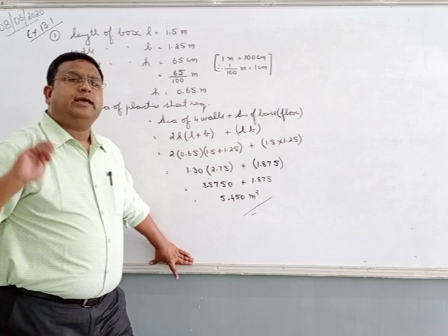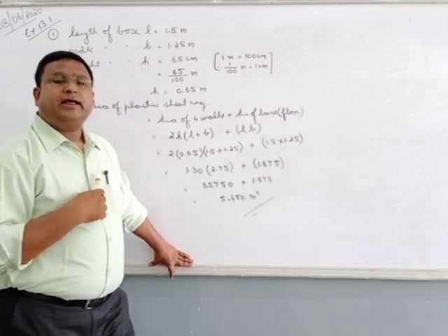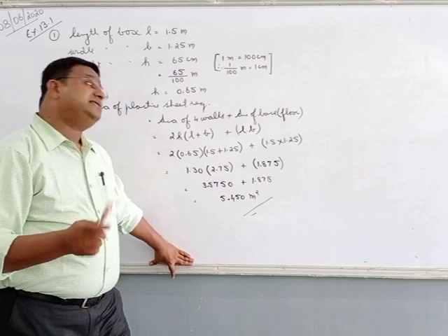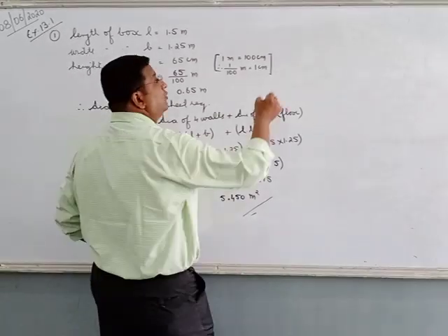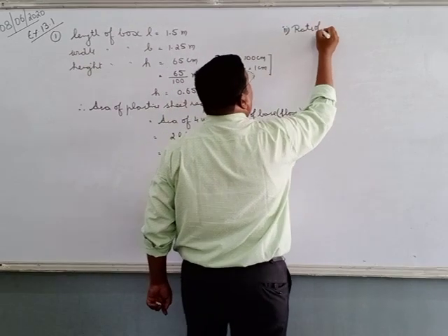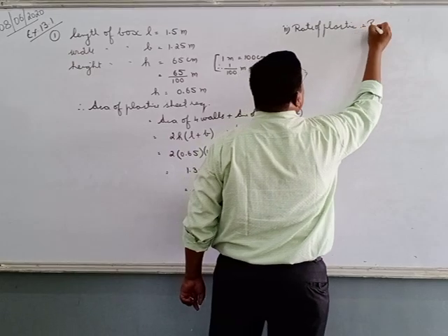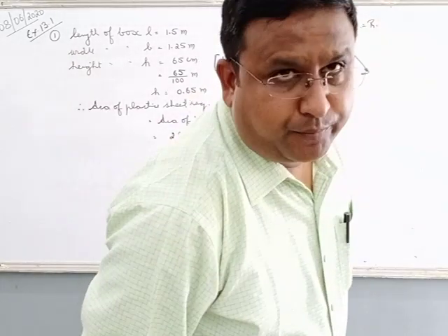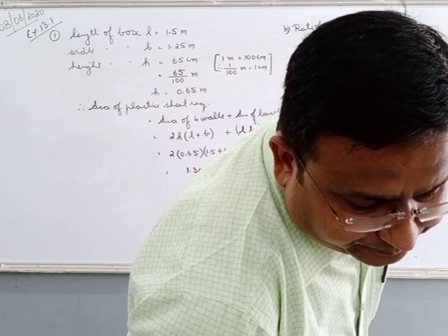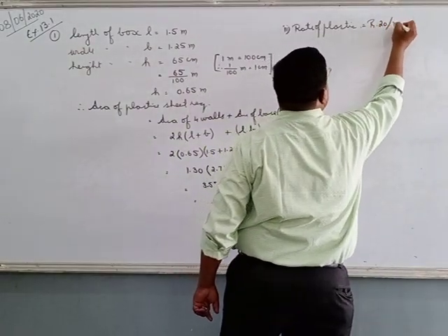What is he going to do? He will paint the entire house. He will calculate the area he has painted and multiply by the rate. Same thing is over here. The weight of metal sheet, second part. Weight of plastic is equals to rupees, how much was that? 20 rupees. 20 per meter square.